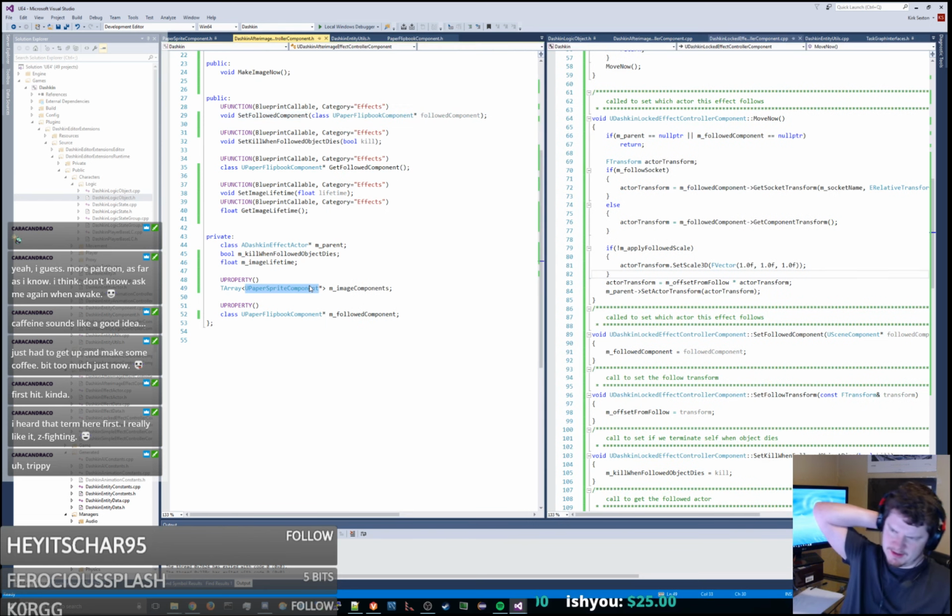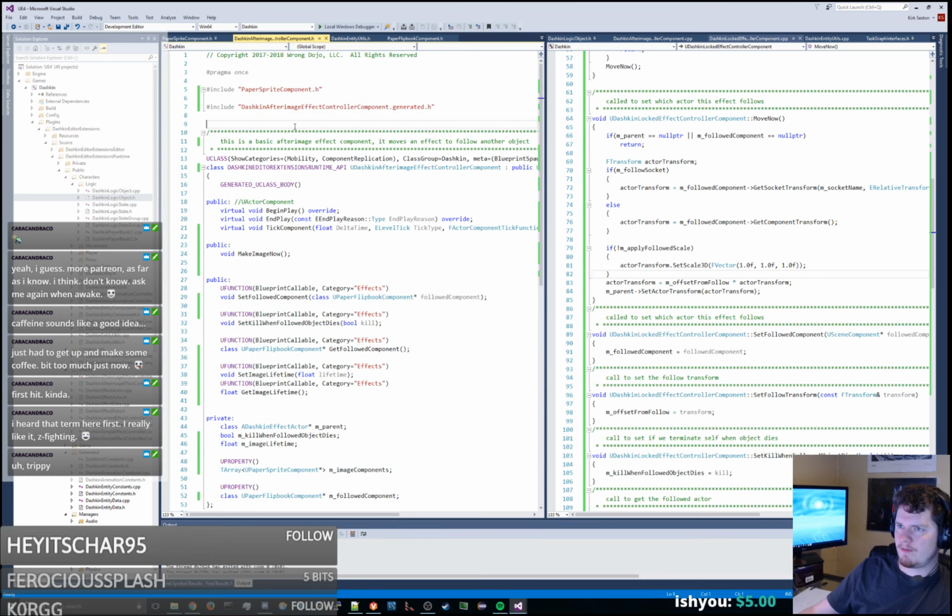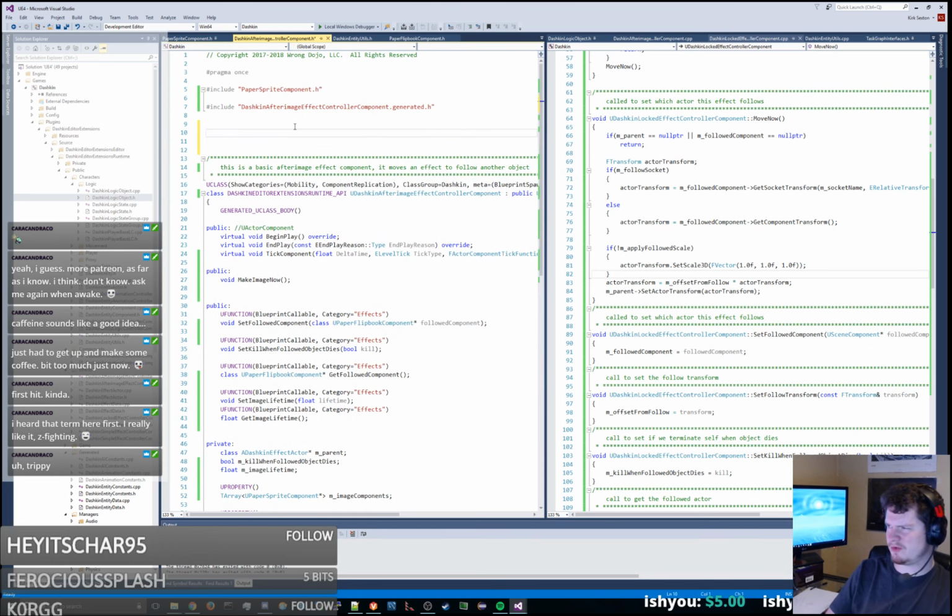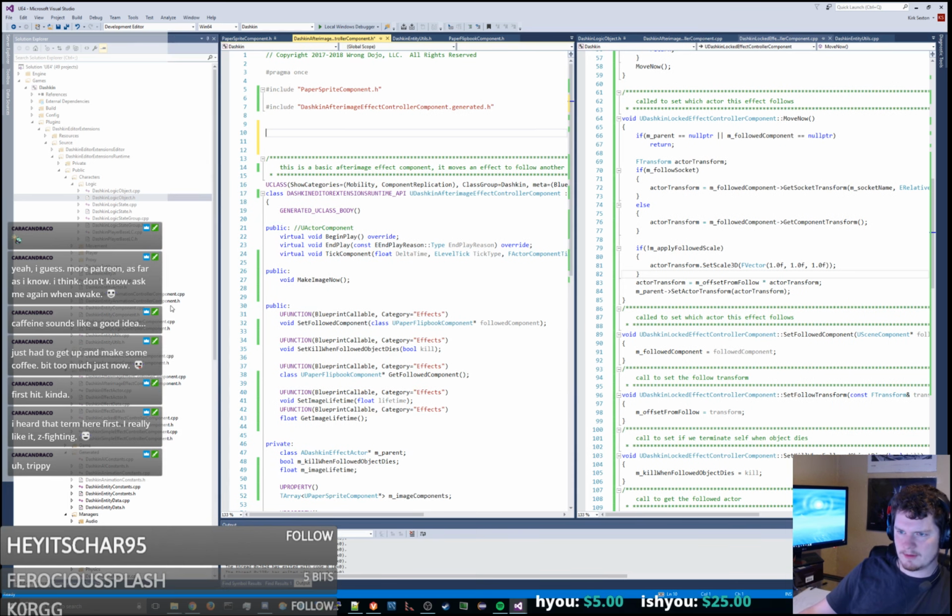So what we need is some information on these things. I mean, it's basically we need a struct or something like that, maybe a U class, but I don't want to new anything on it. I just want a U struct, I think. So when we do that,